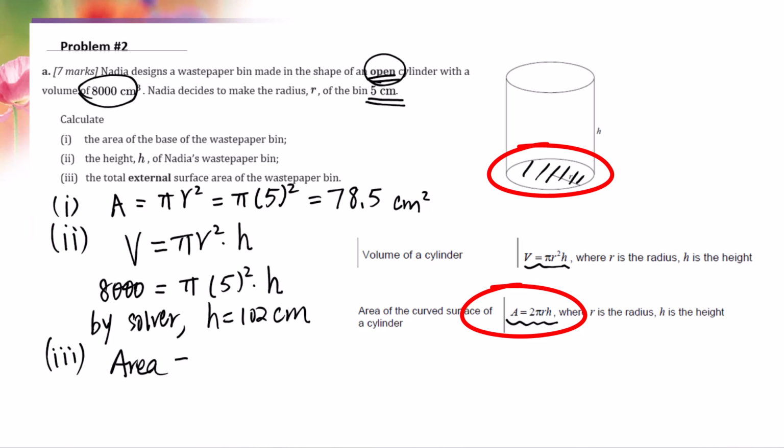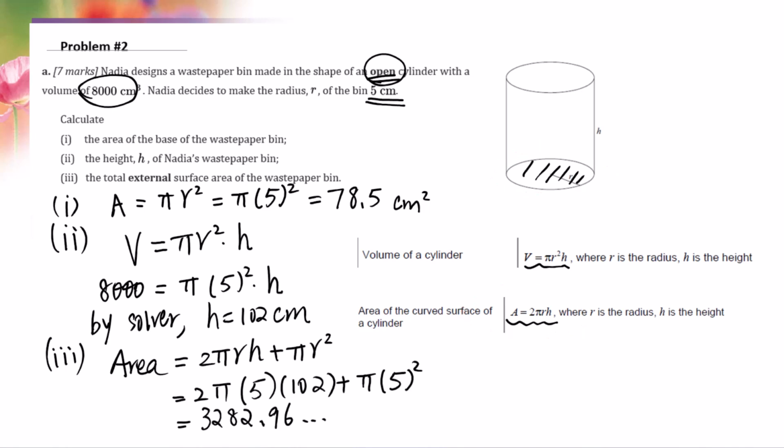So total area equals 2 pi r h plus pi r squared. Do the substitution. Total area equals 3,282.96